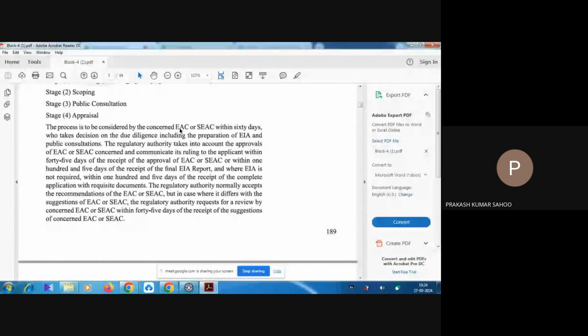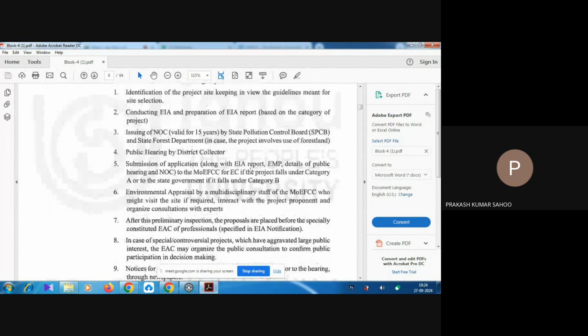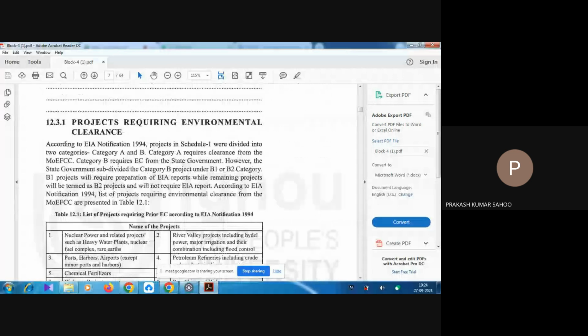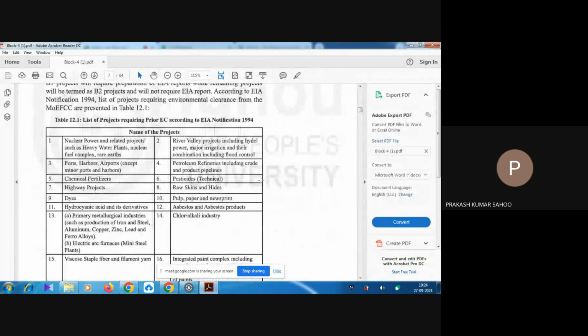This is the executive appraisal committee or state executive appraisal committee. So the thing is more or less the same. And after that we have the project requiring environmental clearance. We know that type A and type B1 only require the EC, and type B2 is a very small scale project which doesn't require